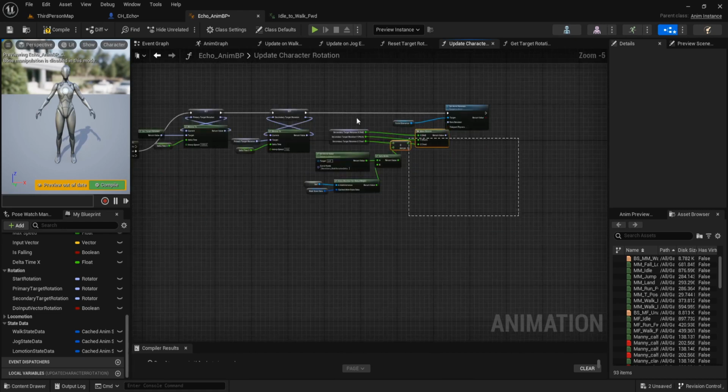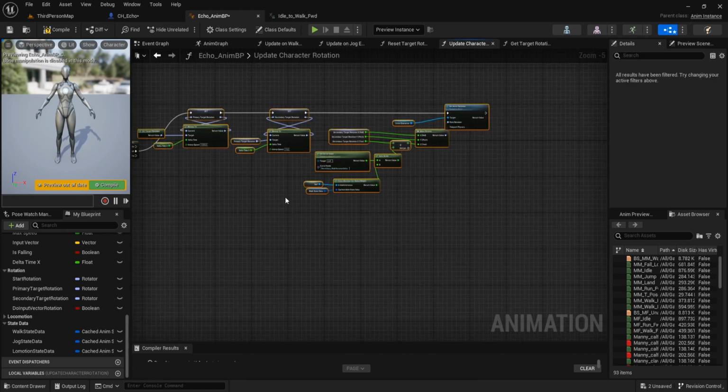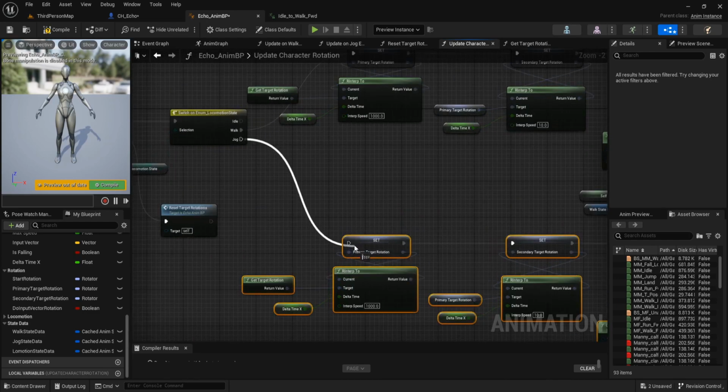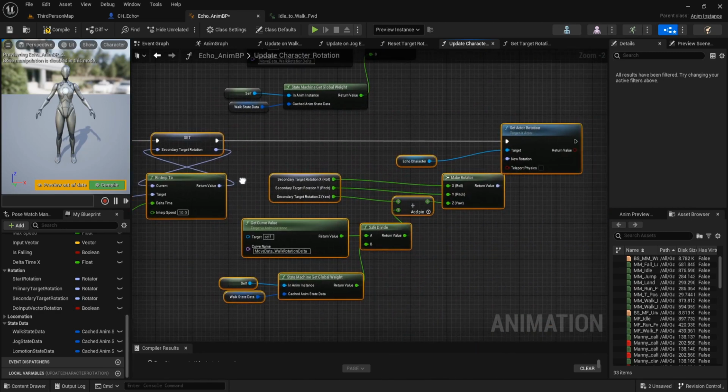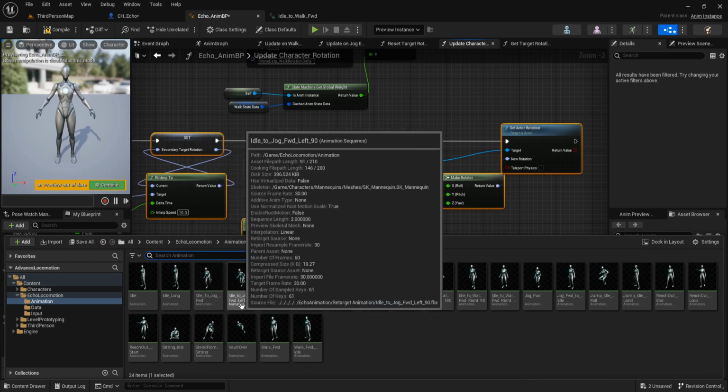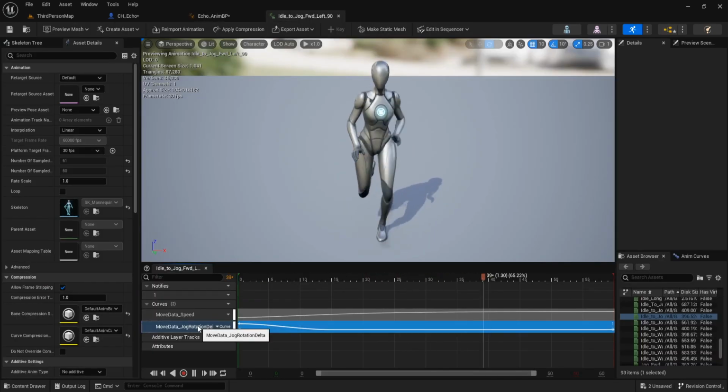And you can copy this, paste it, and connect it to jog. When the character is jogging, we get the curve from jogging.